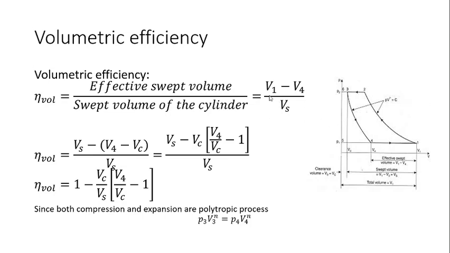Effective swept volume is equal to V1 minus V4, and swept volume is simply Vs. So substitute effective swept volume as Vs minus V4 minus Vc,